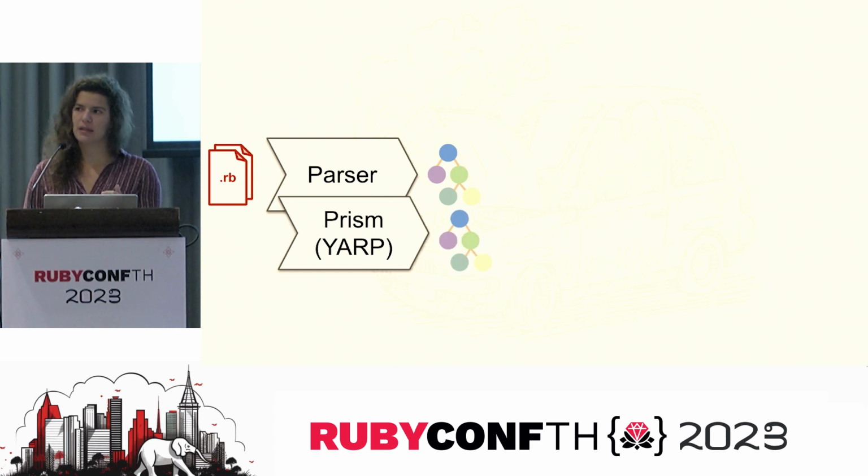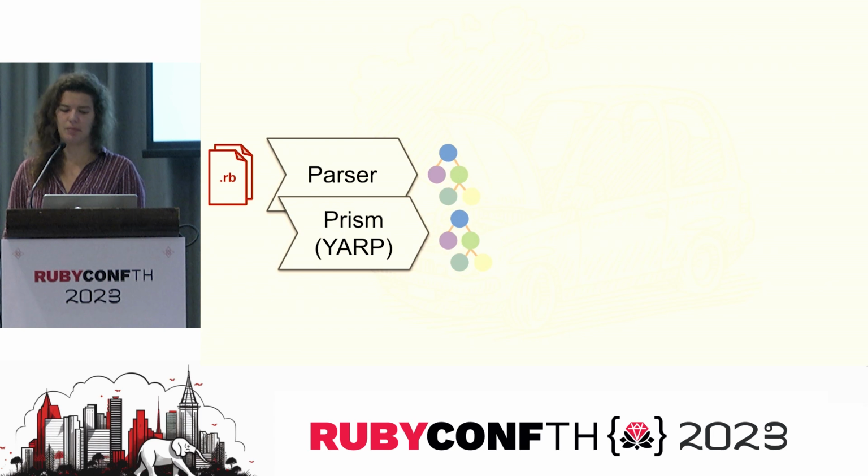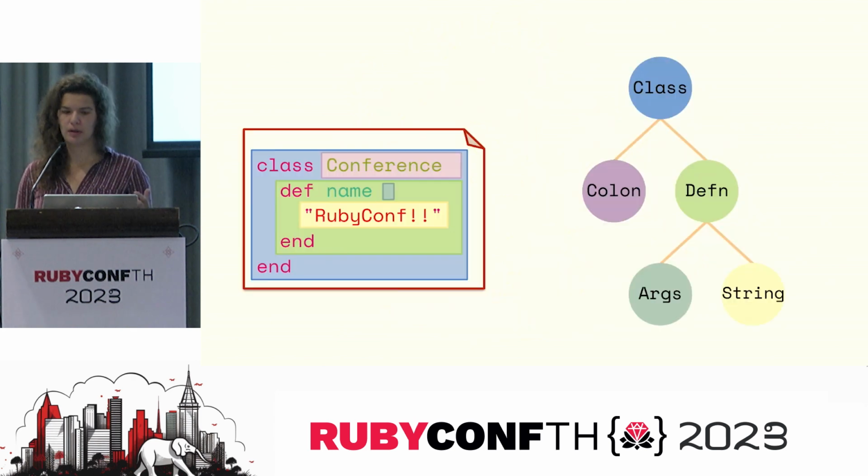And Prism actually doesn't generate the exact same parse tree. It actually generates a slightly different parse tree. The structs or the objects themselves are different for the nodes in Prism, but beyond that, what the objects represent is slightly different. If we look at this as just a small example, for instance,